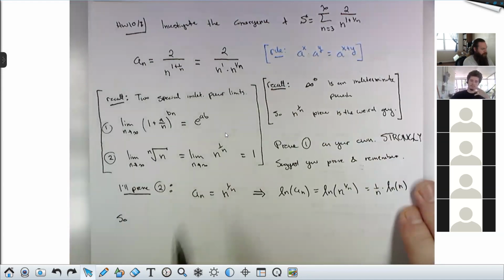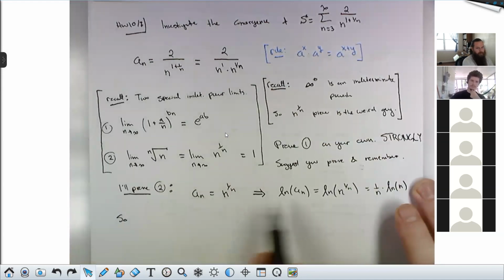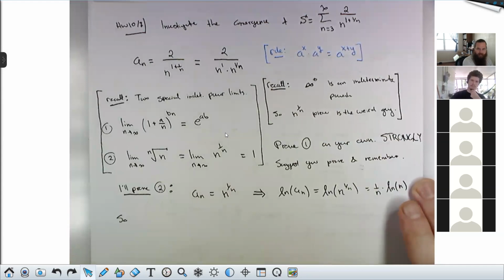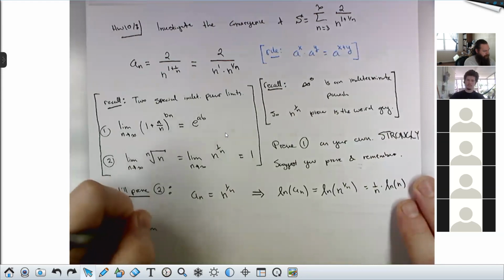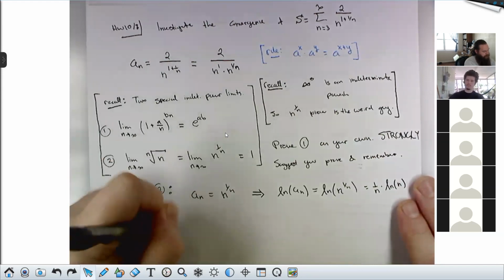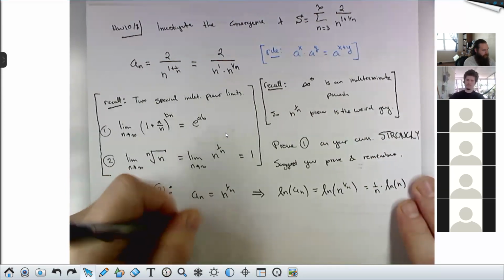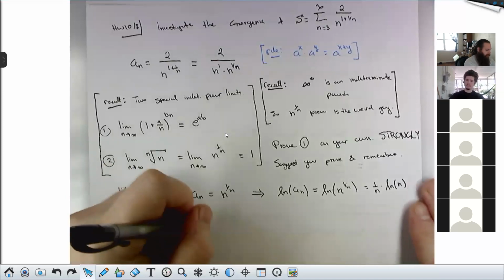As with all indeterminate powers, the game is to take the natural log and attack that instead. So I'll look now at the limit as n goes to infinity of the natural log of a_n,